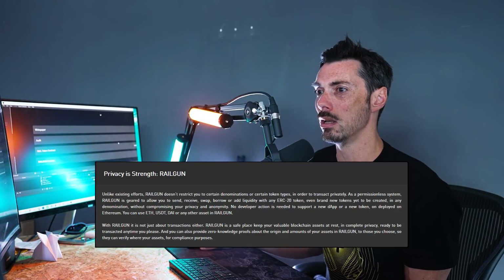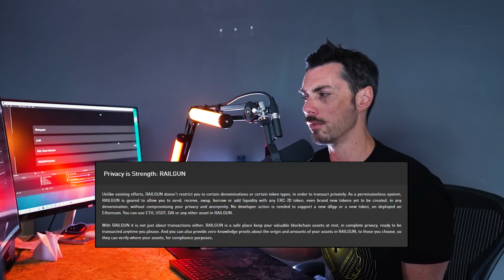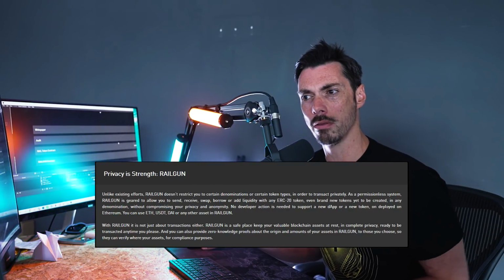And those tokens went live, I believe, like 4 days ago on the 3rd. So it sounds pretty exciting, really. They use zk-SNARKs to prove that shielded transactions are valid without revealing any information about the sender, the recipient, or the transaction amount. So think of it like a walled garden for your information, for your privacy,